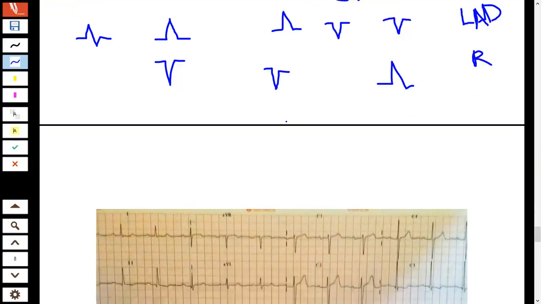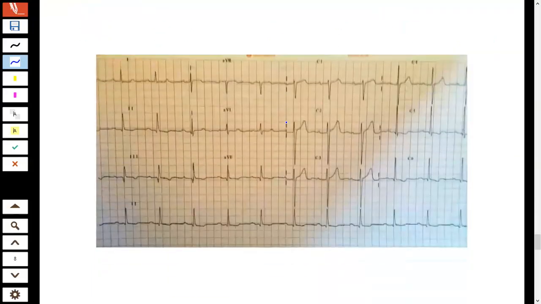Now after explaining the three methods, let's apply the first method here. The first method is the quadrant method, where we look at lead 1 and AVF. Here is lead 1 and lead AVF. The QRS complexes are positive in both of the leads. So you can clearly see this ECG has a normal cardiac axis.